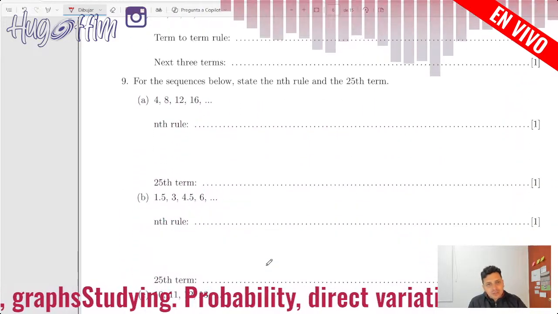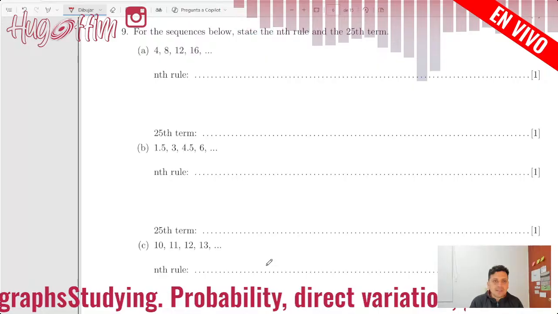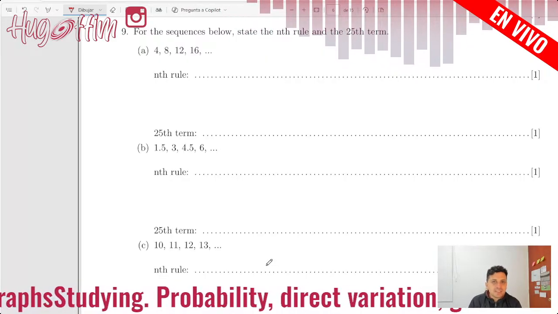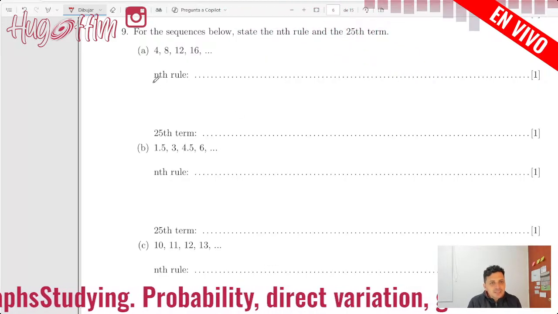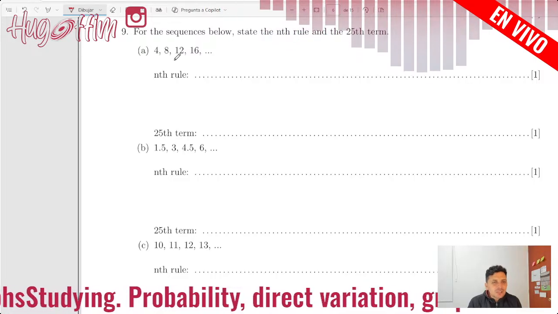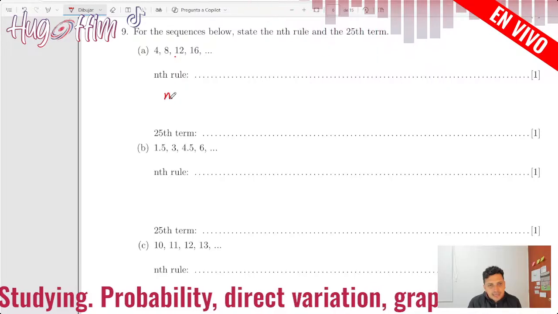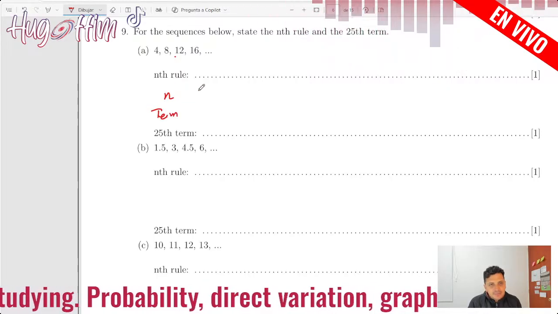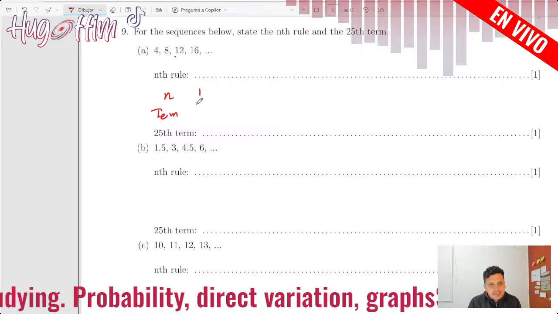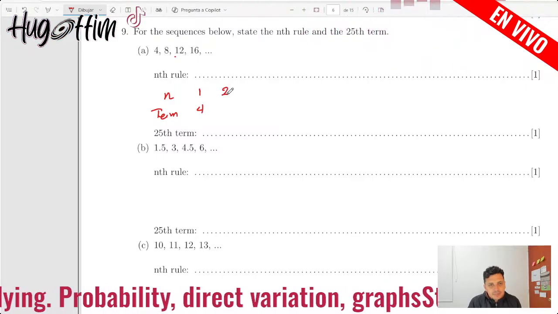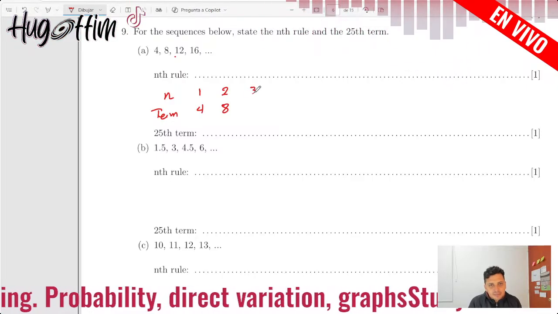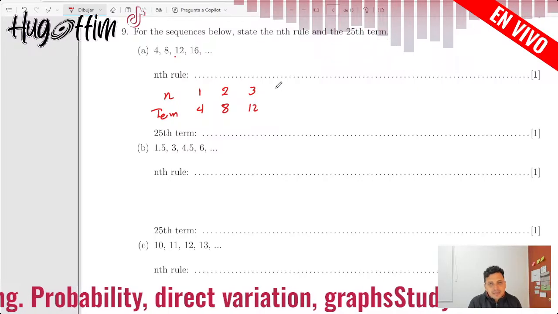Now let's see this one. For the sequences below, state the n rule and the 25th term. So I need to know what is the n rule. So look at that here. If I do a table here, like n and the term, I'm going to put that term number 1 is 4, term number 2 is 8, term number 3 is 12, term number 4